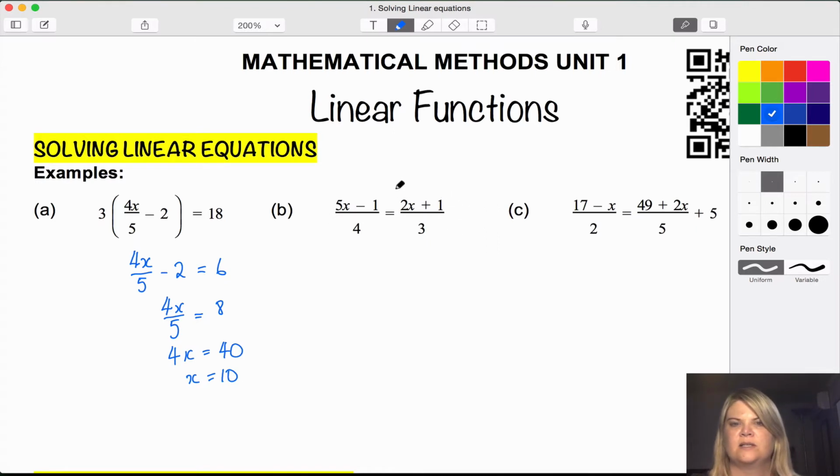For the second example, we've got 2 algebraic fractions on each side. When it's 2 whole fractions like this, you can just get rid of the denominators. If you imagine for a minute that we didn't have a denominator here and we just had the fraction on this side, you would easily get rid of this divided by 3 by multiplying by 3 over the other side. And same with if you only had this side, you can get rid of the 4 by multiplying by 3 over the other side. So we're going to do a two-way